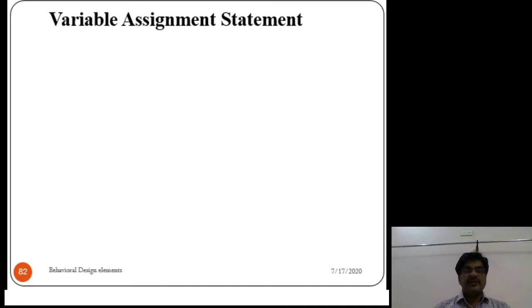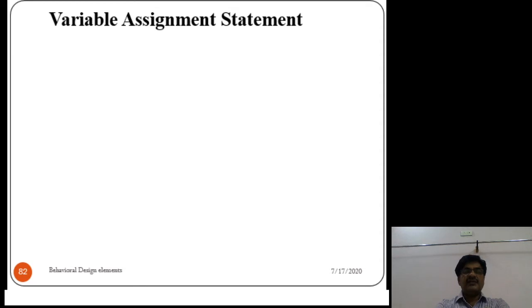Good morning. In this session, I would like to explain the sequential statements, their syntaxes, and how to use sequential statements while developing programs. The statements in a process are referred to as sequential statements. Not only in the process, but also in subprograms, whatever statements occur in the statement part are also referred to as sequential.